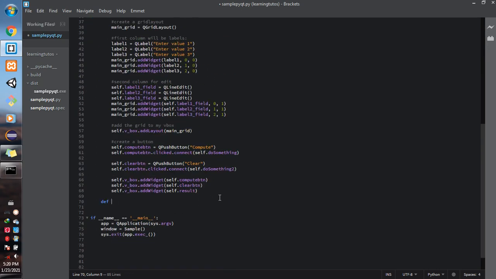I have to create the method for do_something. Def do_something(serve). Okay, now I'm going to be putting everything inside a try except. I'm going to collect the values from the fields. Try except, sorry, I'm going to collect values from serve.label1_field.text